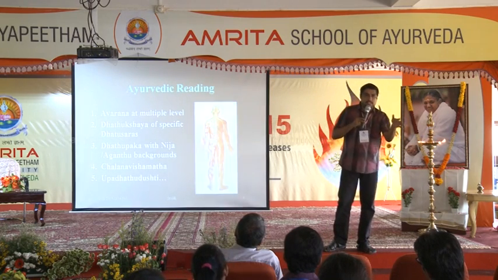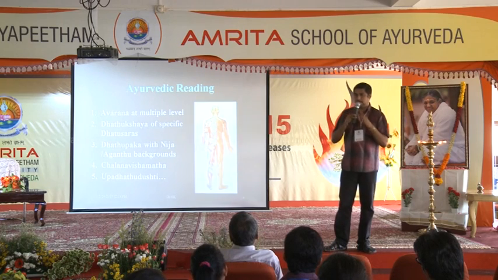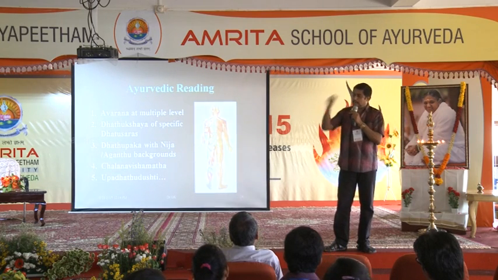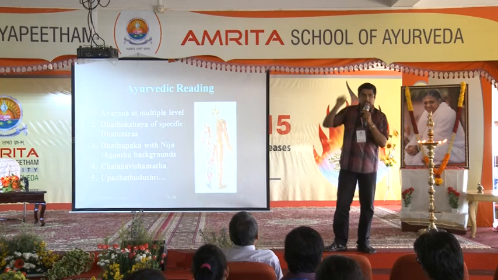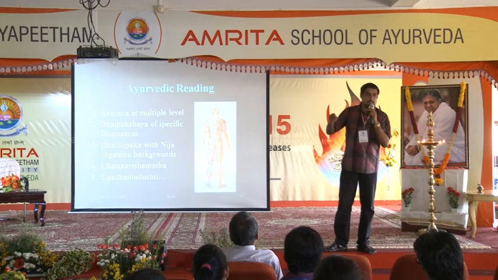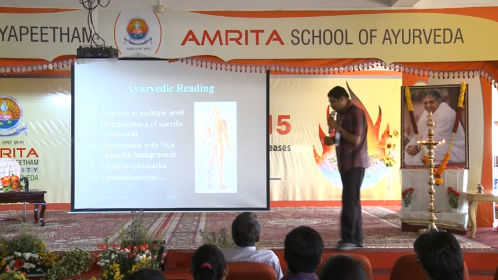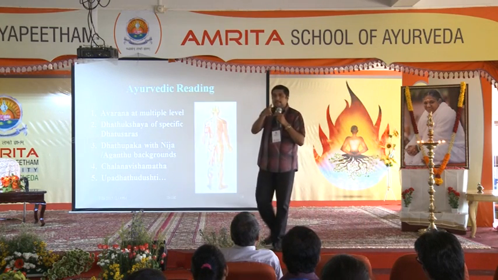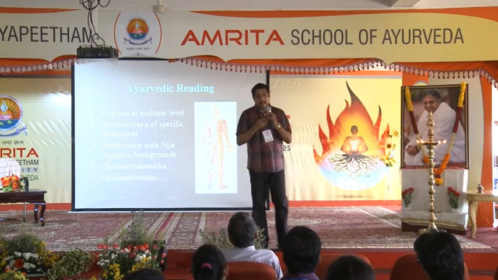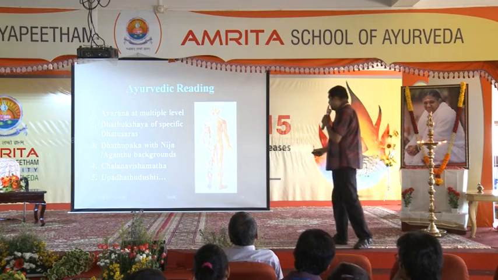The balance of Sthira and Chala Guna is normal movement. When my Chala Guna is more, I will be having uncontrolled movement like this. We call it Akshibatye Shakshabhagam. When I am having Sthira Guna, no movement at all, I will be having like this. So the balance between Sthira and Chala Guna, the balance between Vada and Kapha, if it is broken, you are